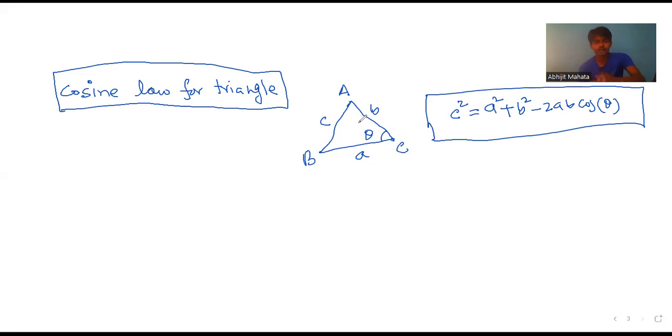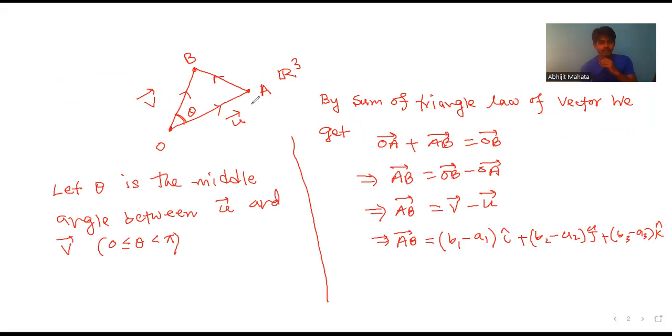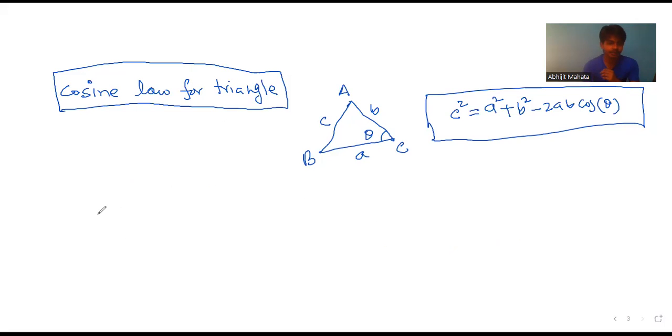So if you have a triangle, and if you know the angle between two sides, then the other side's square equals the sum of the two sides' squares minus 2 into the product of the two sides into cos of the middle angle. This is the cosine law for a triangle. Now let's use this cosine law here. So in this situation, this angle is given as theta. So now the length of AB, if we use the cosine law, we get